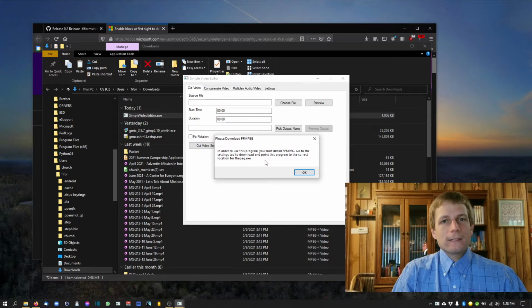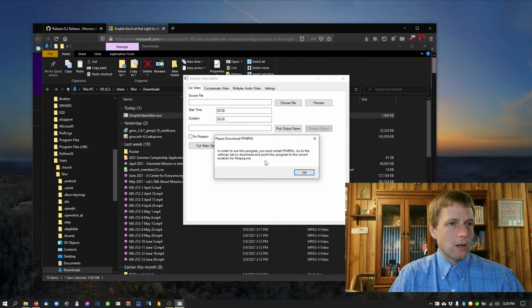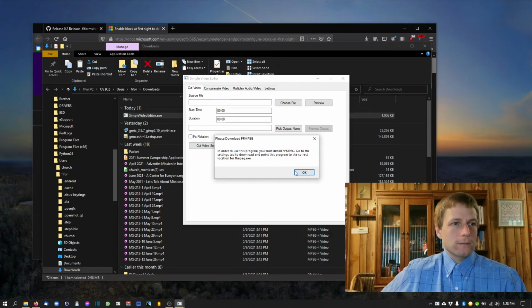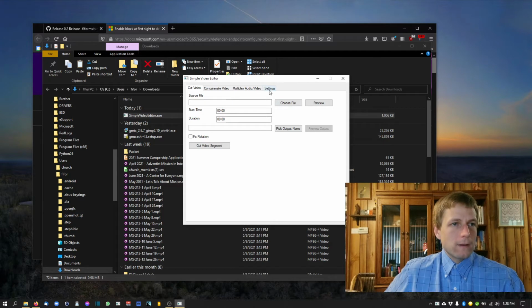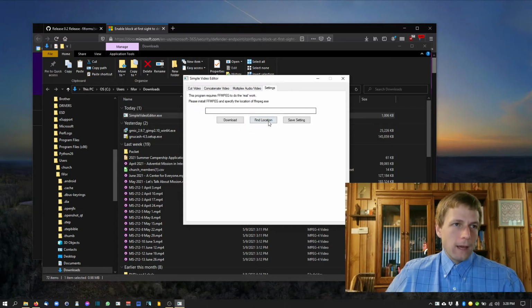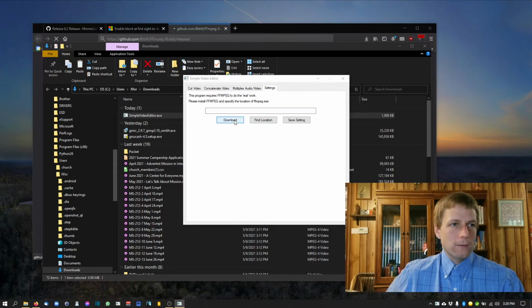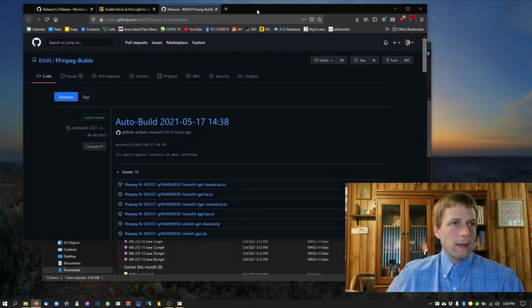Now notice what it says here. First time you run this program, it says, in order to use the program, you must install FFmpeg. Go to the Settings tab to download and point the program to the correct location for FFmpeg exe. Okay? If you already have FFmpeg installed, you can just simply say find location. But we're going to go over here and click download, and it's going to open up in